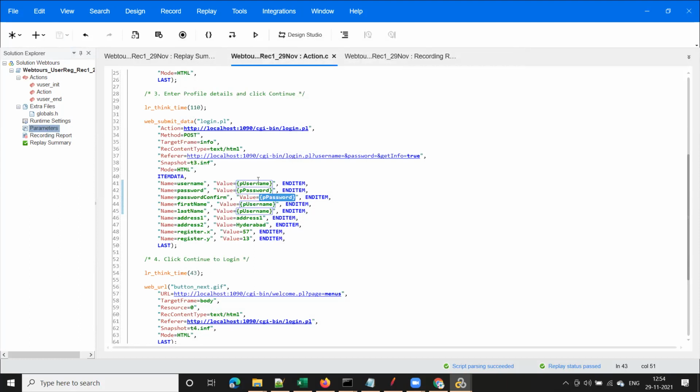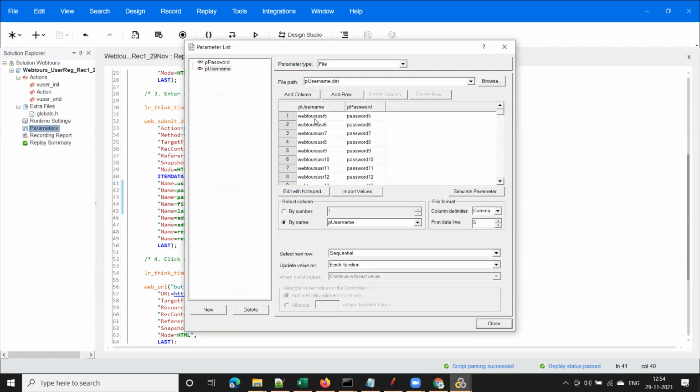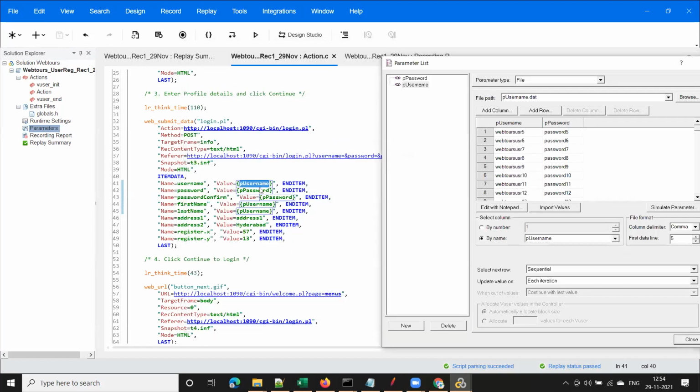Now what happens is, instead of this username, it will go to the parameter file and pick that first value. You see here, P username, right? Let me highlight that. See, instead of this, when we replay the script, previously we kept some hard-coded values, and in the script we gave Web2 user 3, Web2 user 1 and so on.